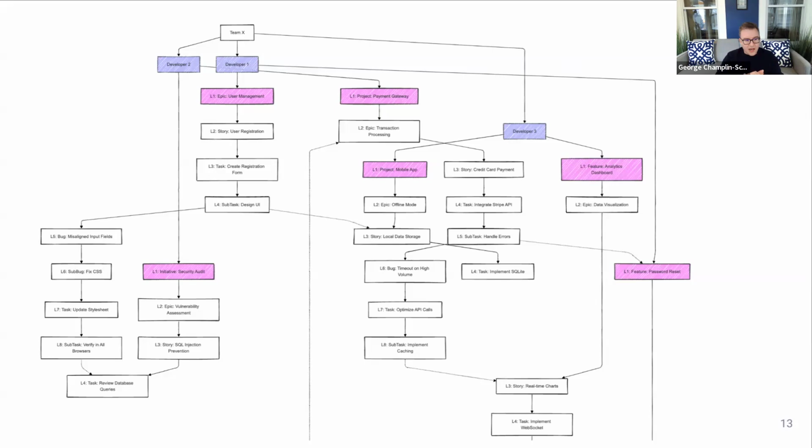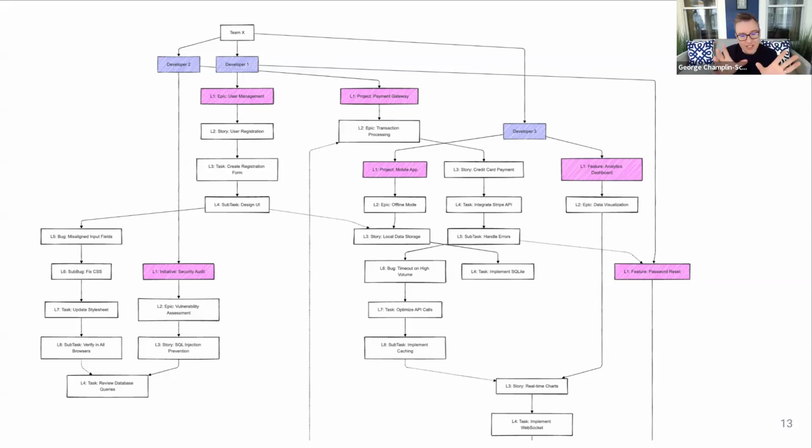GitHub is providing some base level infrastructure for supporting this concept of hierarchy. So we've been working with them because we brought hierarchy to GitHub 10 years ago. It was one of the earliest features that we brought into GitHub with the Zenhub extension when we released that just about 10 years ago. So we've been working with them, and I'm really excited to show you where we are today,